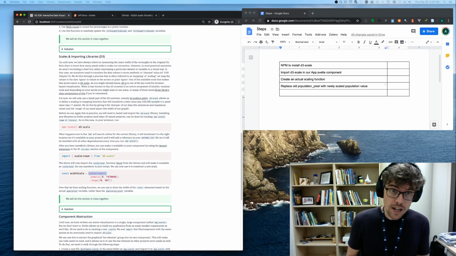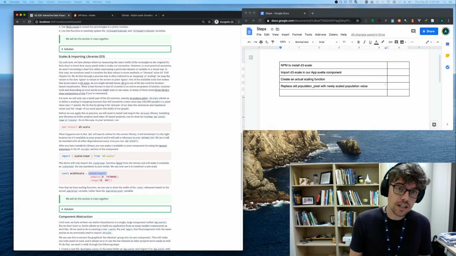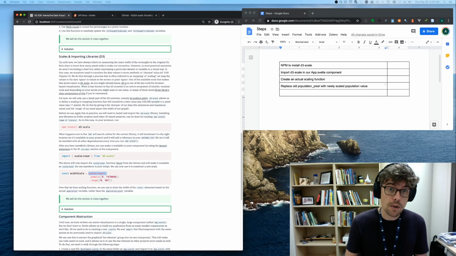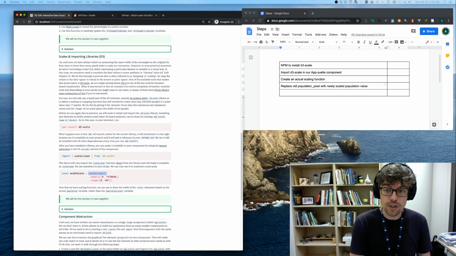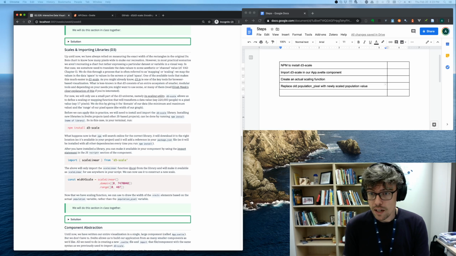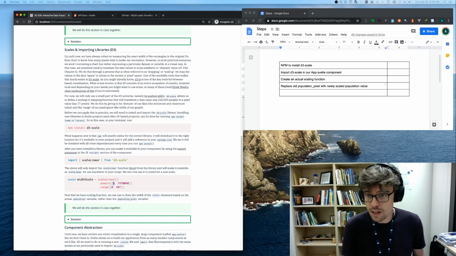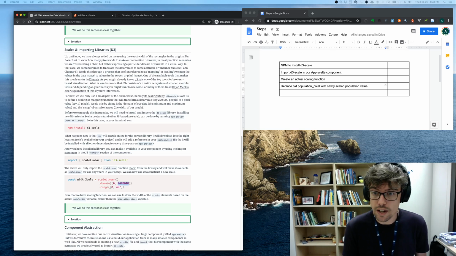It needs a domain, and the domain is basically the minimum and the maximum of the data domain or the data space, and the range is the minimum and the maximum of the screen space. So that's basically the output space, and the domain is the input space. So in this case, as you can see in the class example, the domain goes from 0 people, 0 African Americans in our specific case, to about 7.5 million people that are present in the United States in that last decade, 1890. And the range goes from 0 to